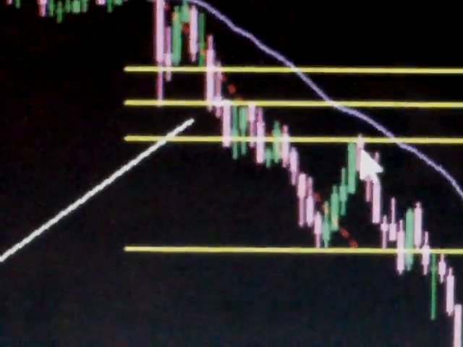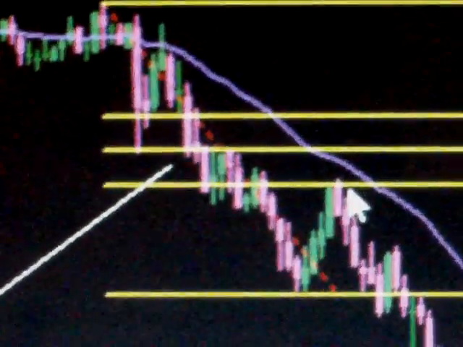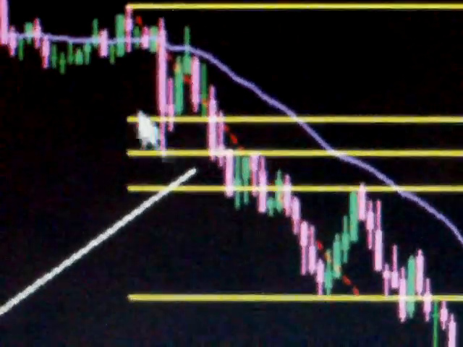So this little bounce was nothing to worry about when you looked at the 15-minute CCI and the retracement series of 38%, and also